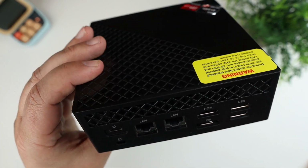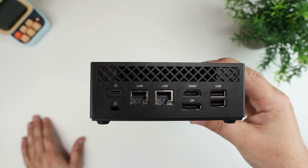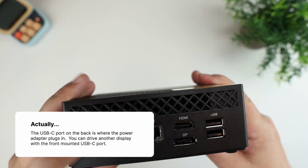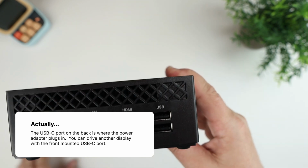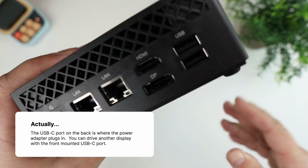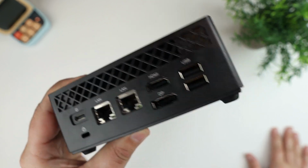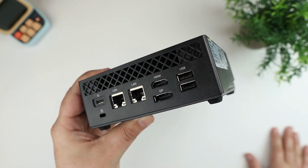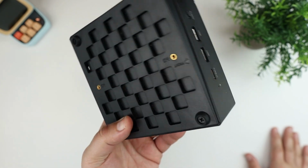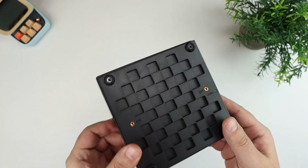On the back then, with this you can drive a 4K triple display. So you have a DisplayPort, you have an HDMI and a Type-C port. You also have a couple USB 2 ports on the back and a couple LAN connections. Now this does come with 802.11ac dual band 2.4 and 5 gigahertz Wi-Fi support, you know, Wi-Fi 5, Bluetooth 4.2. So pretty loaded actually. So I'm going to go ahead and grab a screwdriver